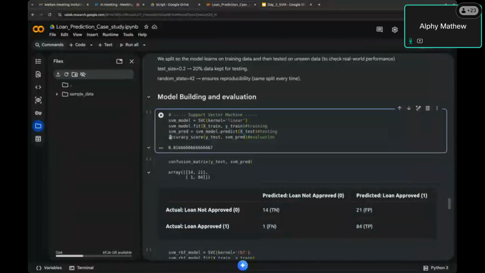Right? So we need to find the accuracy score by giving the correct answer and the predicted answer. Okay, so y_test is the correct values of the input, the test data given here. The correct answer is y_test, and svm_pred is the answers predicted by the model built by us. And we are asking Python, by using this correct answer and the predicted answer, please find the accuracy score. So in order to work this accuracy score, also we need to